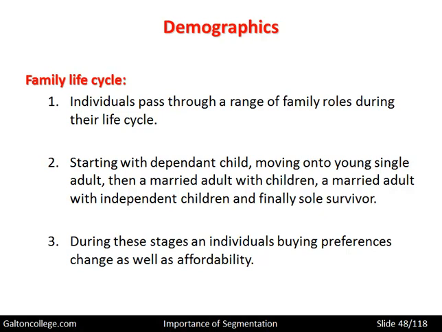The buying preferences will change, as well as affordability. As the life cycle moves through, preferences will change. Having children is expensive. And as the children go to school and college or even university, the expenses mount up. Then the children get careers and leave. So there's perhaps more disposable income within the remaining family unit. So there are differences all the time cropping up within that segment.